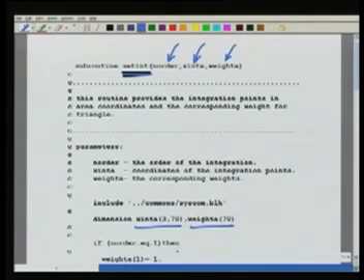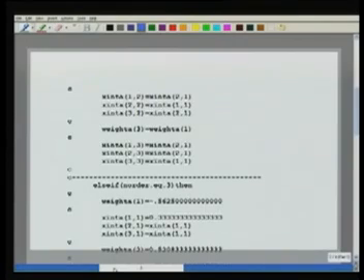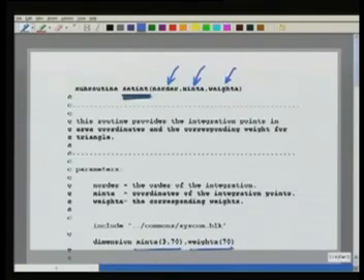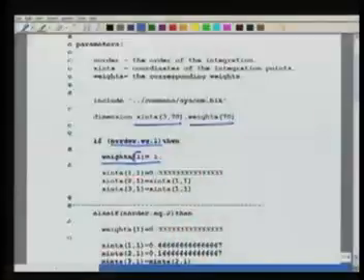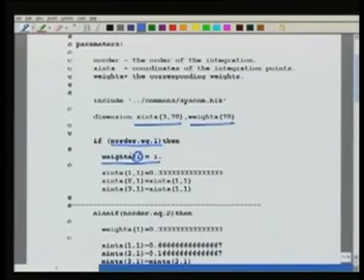Okay. If you see here that if my order is equal to 1, then we will see something very interesting. In that case, for order equal to 1, my weight function, the weight has a value 1. That is, first of all, for this order equal to 1, I have one point integration rule. That is, there is only one point for which the weight is equal to 1, and the xint is now